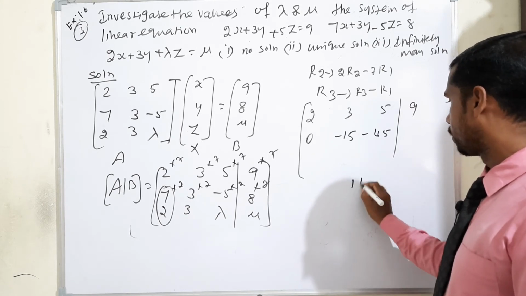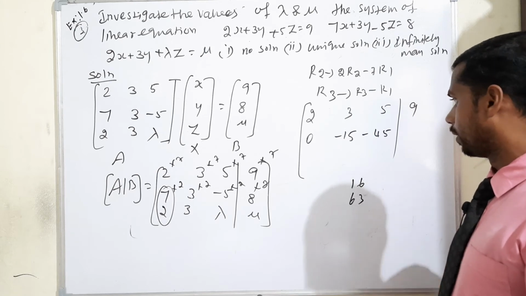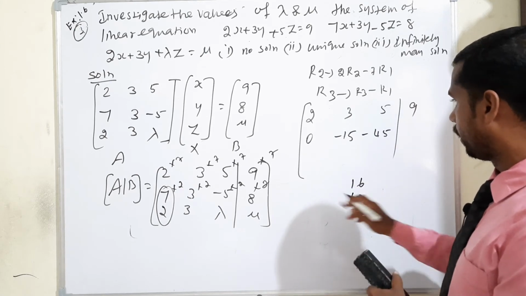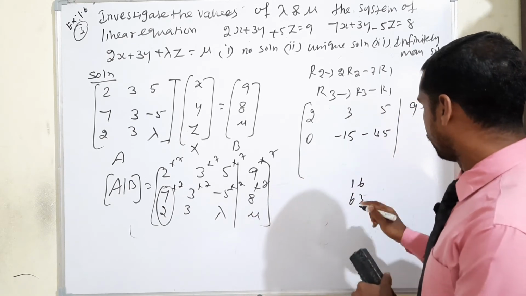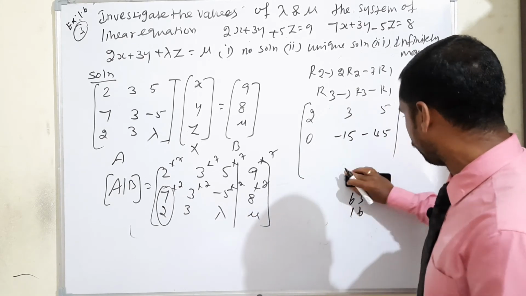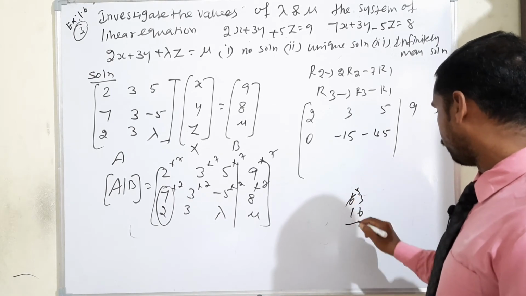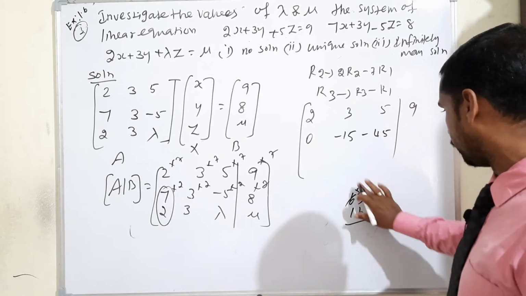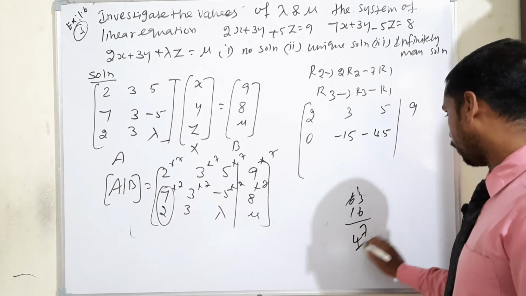8 2s are 16. 9 7s are 63, isn't it? So 63 means definitely minus, no? So 2 into R2, 16. 63 minus 16, definitely 47, I think, isn't it? So borrow, if you take borrow means 53 minus, 13 minus 6, sorry my dear, 13 minus 6 means 7 will come, again 47, isn't it?